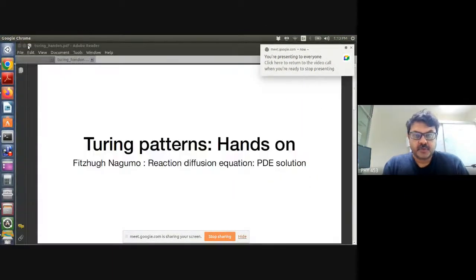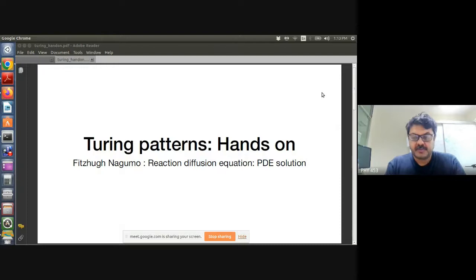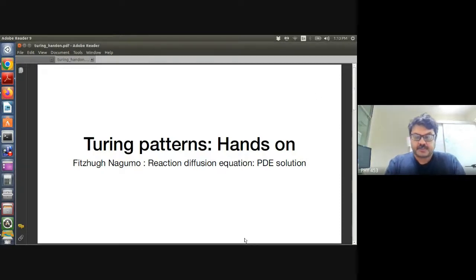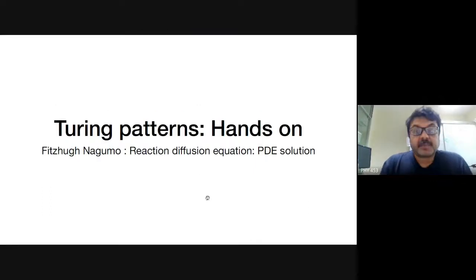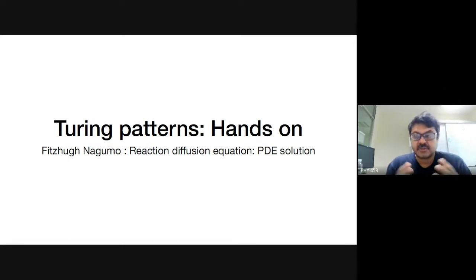Okay, so welcome everybody to the last module where we'll be discussing, initially, Turing patterns. But today we'll have a more hands-on discussion of how to discuss these patterns and why we're getting them. Various patterns. When are we getting stable solutions? What are stable solutions? When you solve, all the points in the lattice